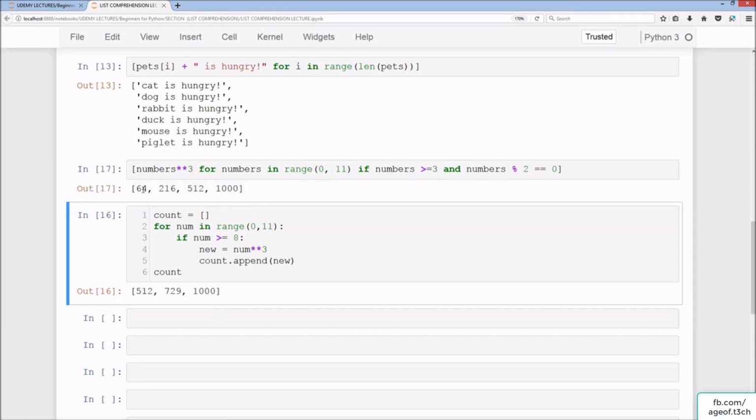As you can see here, we have 664, 216, 512, and 1000. So we don't have the 729 that we had before. If we were to change this, we'd get different outputs. So it's all of the odd numbers that have been cubed. Okay. And of course, we can do the same here with just simply and